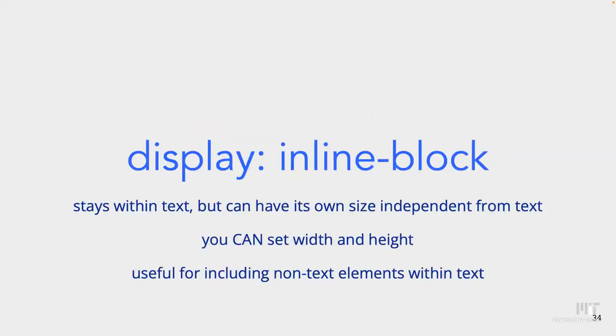There's also an intermediate value between the two called inline block. An inline block displays something inline, so it doesn't take up its own line, it stays within the text, but you can still customize it as if it were a block. You can change its width, you can change its height, and it's useful for including non-text elements within text, like